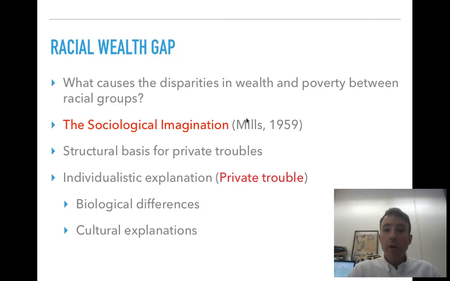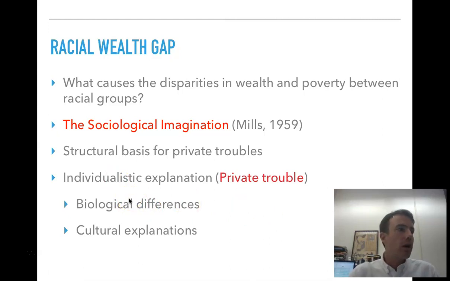And we also view failures through the same lens. So if an individual gets a bad grade or loses their job, we tend to look at potential flaws in that person as a way to explain that failure or that lack of success. So if we're applying what Mills calls a private troubles perspective, which is essentially an individualistic explanation for a social condition, then if we're looking at the racial wealth gap, we might defer